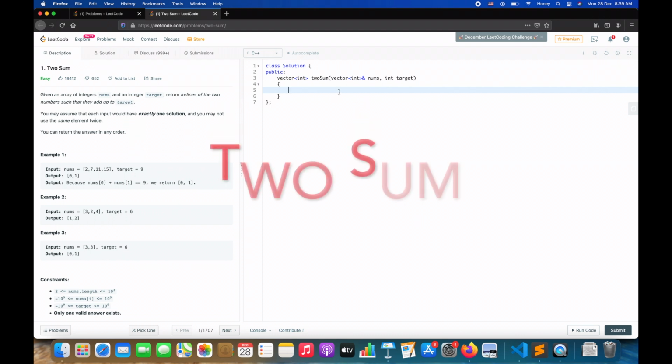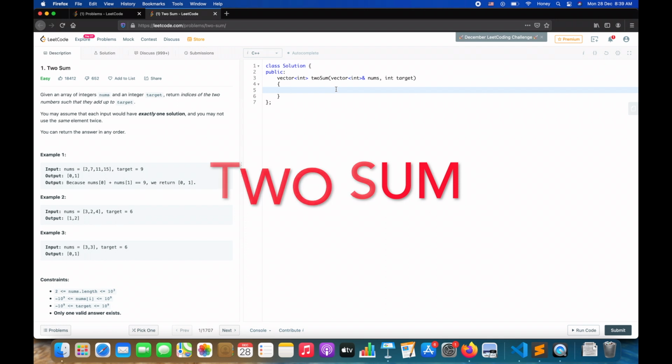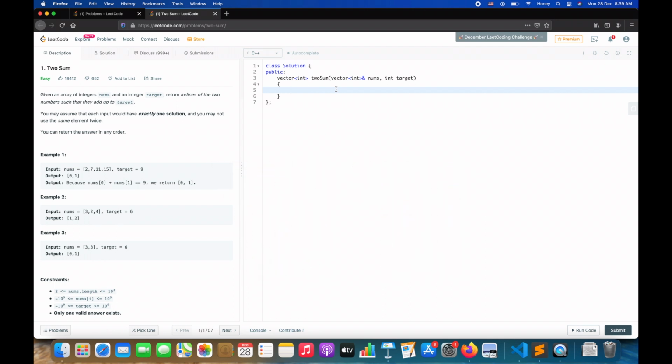In this video we'll solve some problem in LeetCode. Now before proceeding for any solution, there are two things we have to take care of: how efficient our algorithm is and how much space it will occupy, or to say, time complexity and space complexity. So in this video we will solve this problem through two different methods.